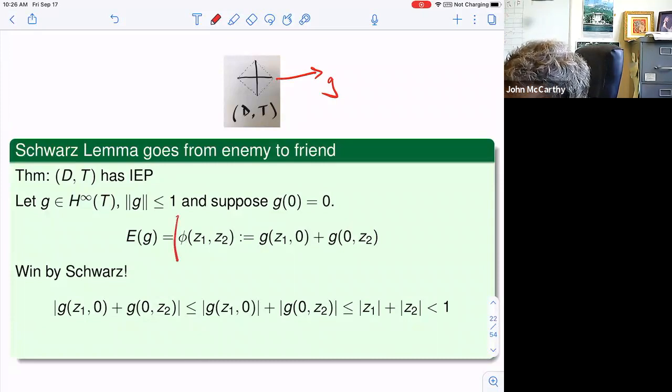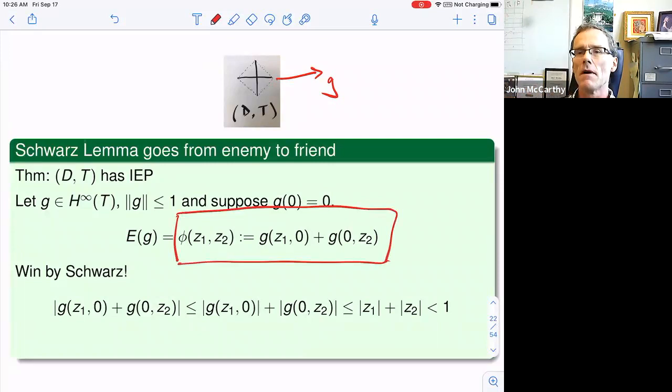So I define my function on the whole diamond just by saying it's the sum of G evaluated on the first coordinate plus G evaluated on the second coordinate. This is certainly holomorphic. We need to check that it's bounded by 1. And this is true by Schwarz's lemma, because if I look at the modulus of phi of z,